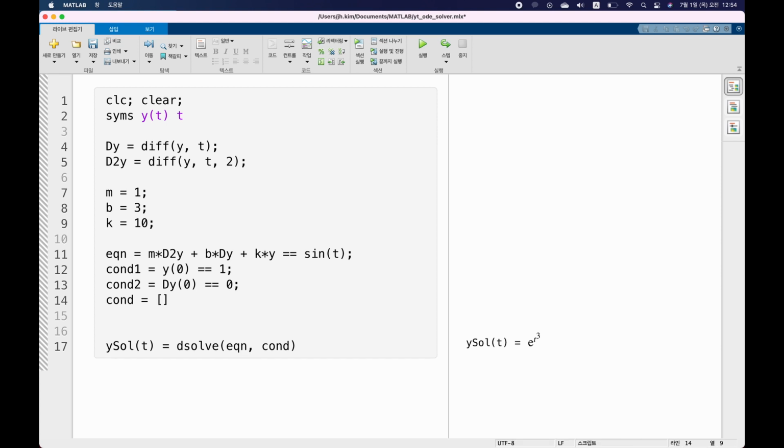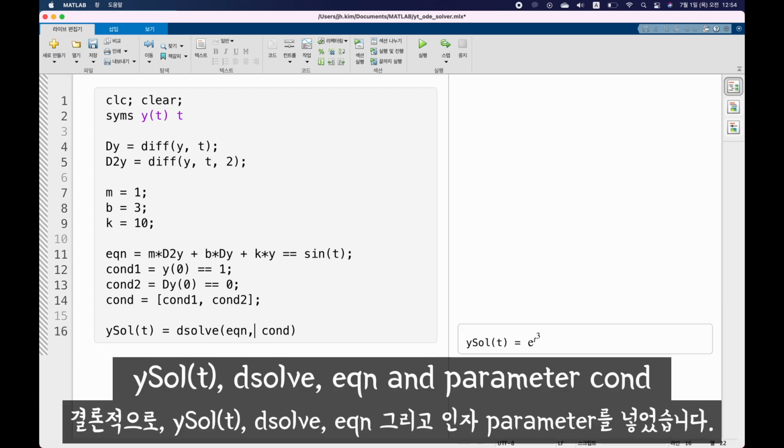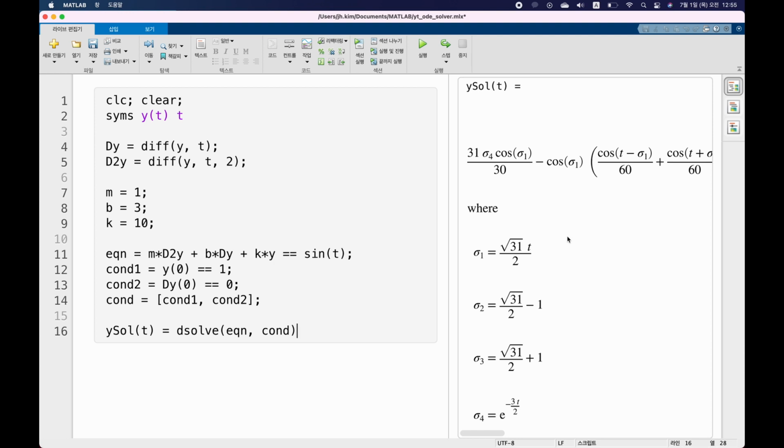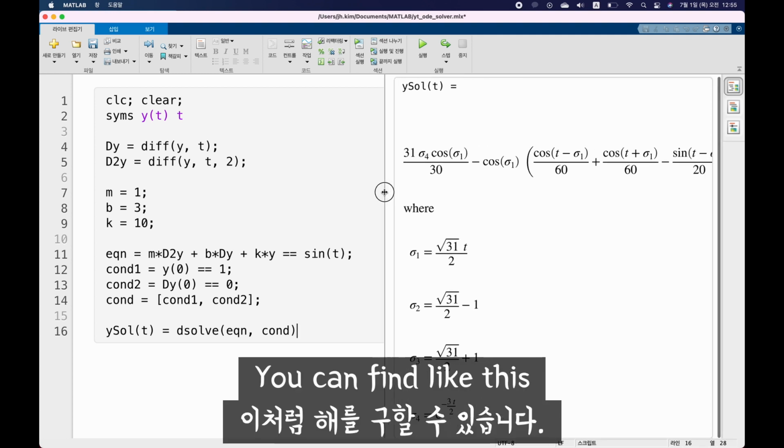So like this, cond1, cond2. Okay, and then ysol = dsolve(eqn, cond), execute. Then like this. Oops. You can find like this,